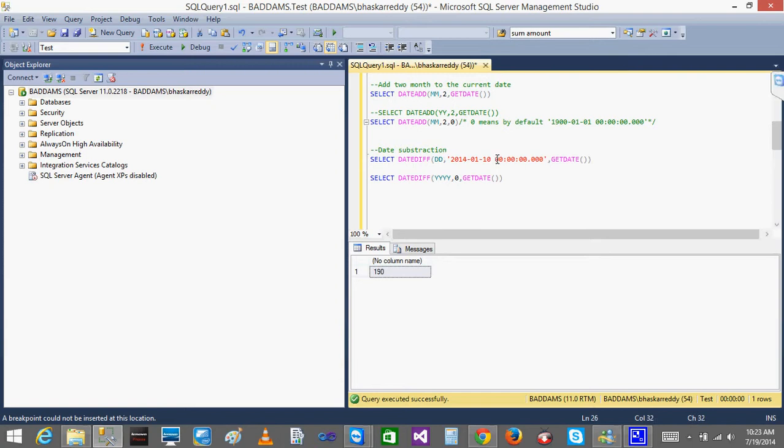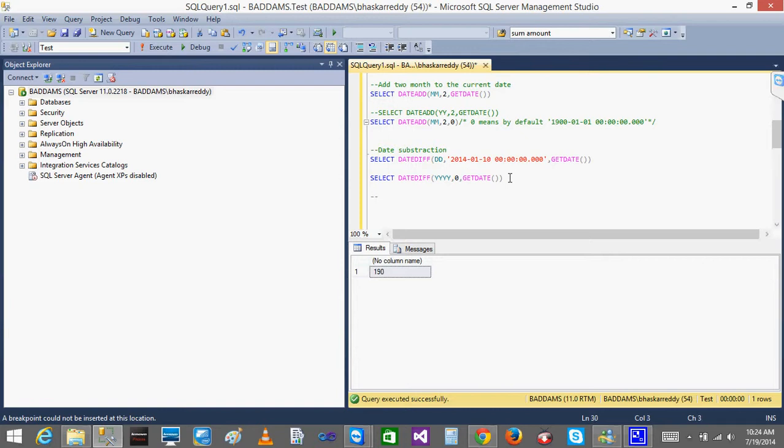What are those zeros after the date? This is the hour, and this is the minutes, and this is the seconds, and this is the milliseconds. Do we need to mention that for sure? Even if you don't mention them, by default it will take it as 000. The system will convert that. You can see that. Even though I didn't mention it, it will cover it, but for understanding purposes I am giving that. But this one you need to give. This is a standard format. You can't give this one like that. It will not allow you to. Okay, I got that. Only the time is optional. If you don't give it, by default it will take it as 000.